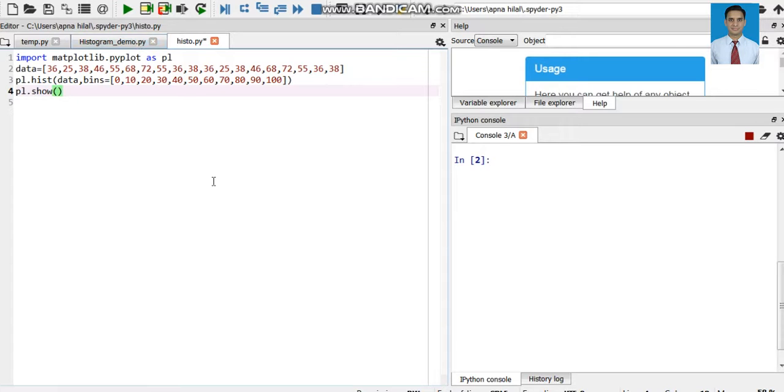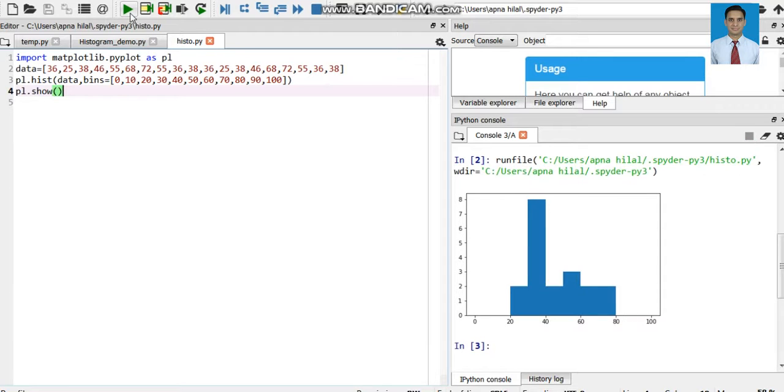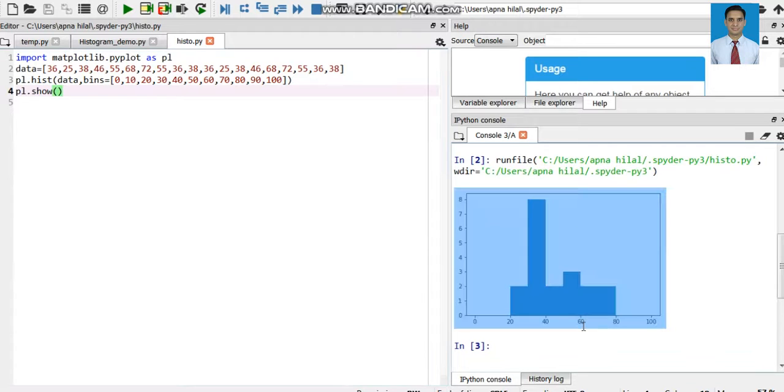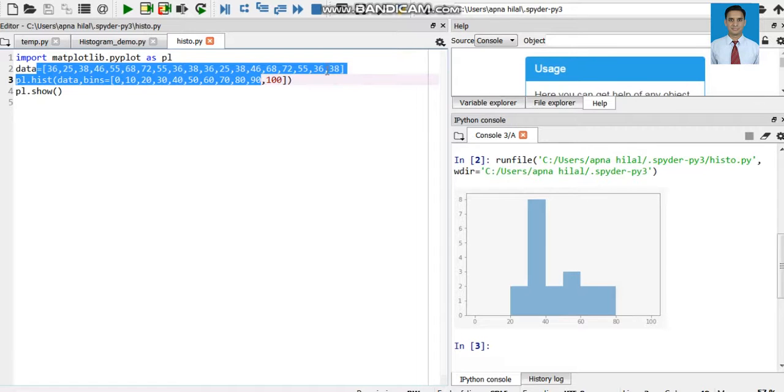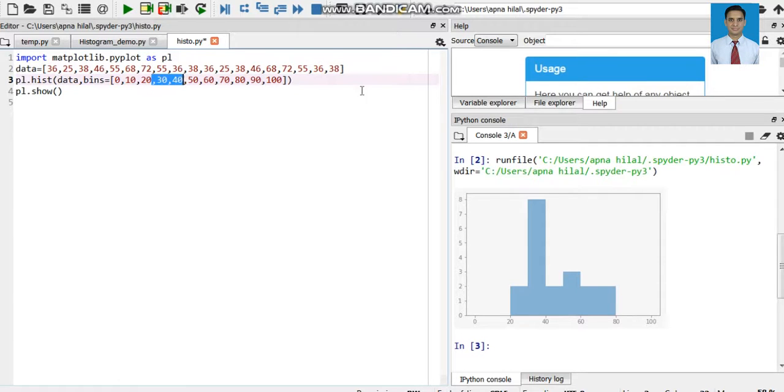Let us save this program and run it, and we'll see the output. We have created a histogram of this data, in which we have set the intervals like this, and the histogram of this data is this. Let us use another parameter of the hist function, that is edgecolor.